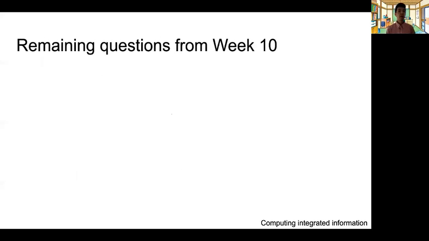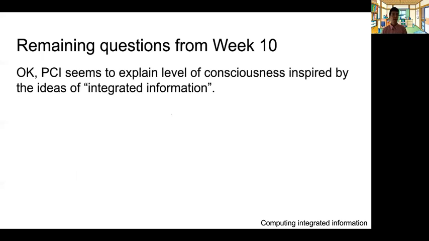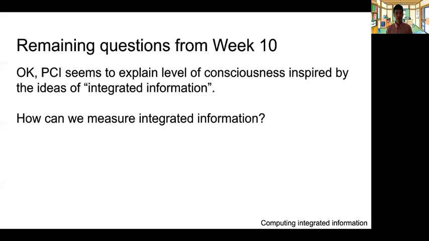All right, so the remaining question from last week is this: if you are convinced that PCI seems to be a good proxy for the level of consciousness, then the next question is how we can actually measure the real integrated information. And if PCI is a proxy, then if we can develop a method to actually compute integrated information, it could further improve the measurement of consciousness